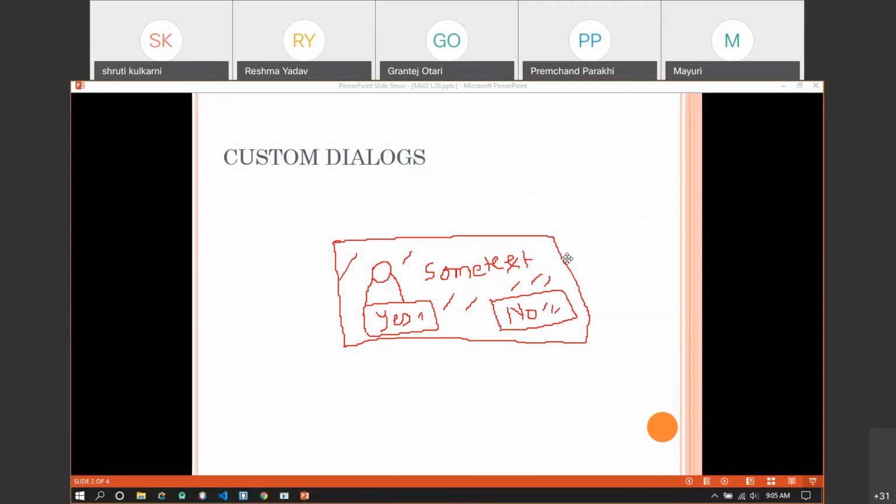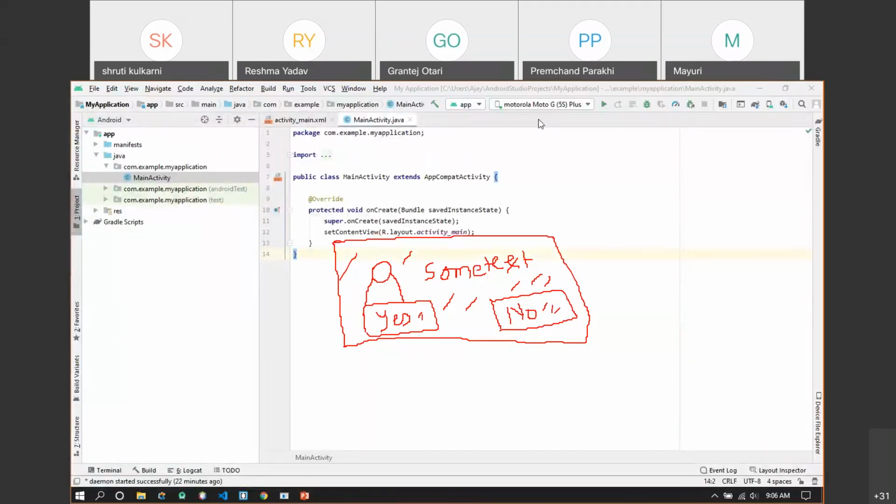For this, we need to create the layout first. Always remember, whenever you are trying to create your own design, you must create your design inside the layout.xml.